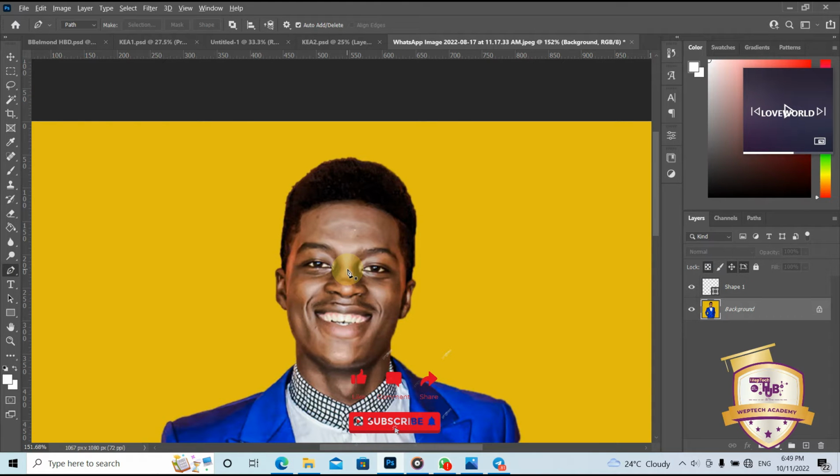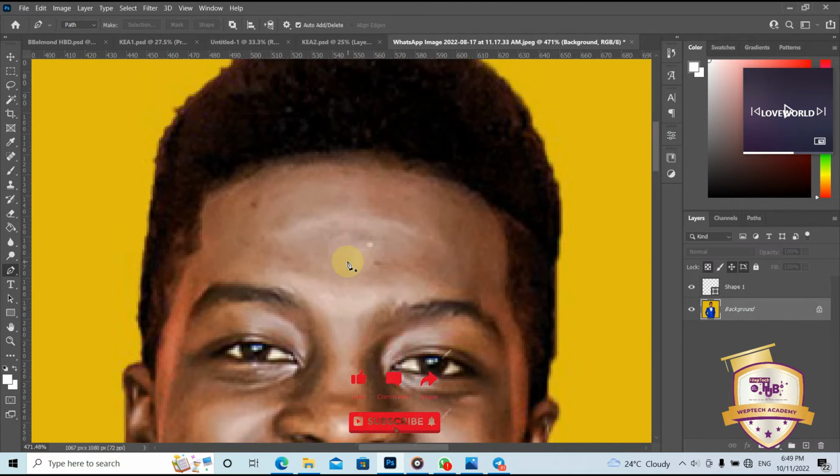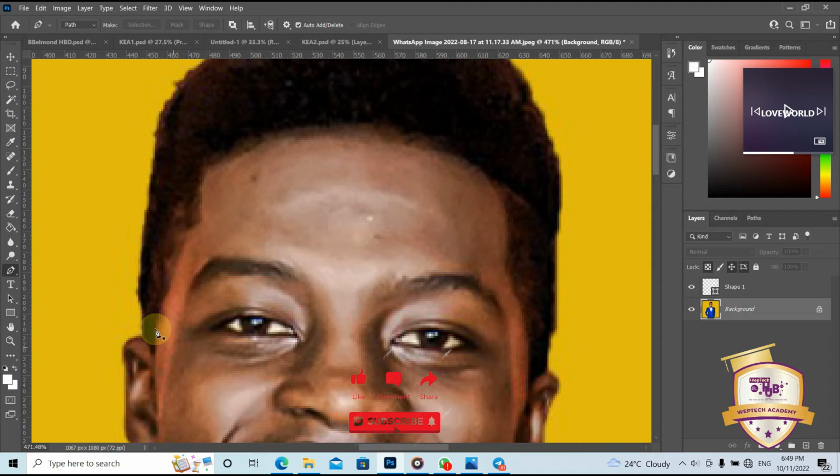Shortcut, you use Alt scroll to zoom in or out. Let's go ahead and create a selection. Now while you are creating the selection,